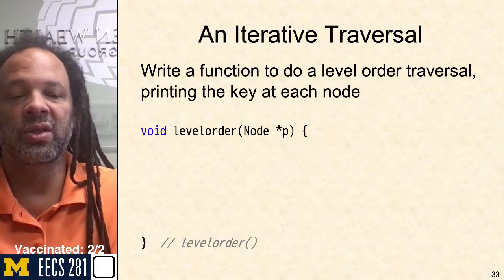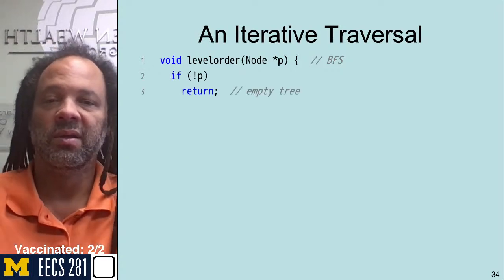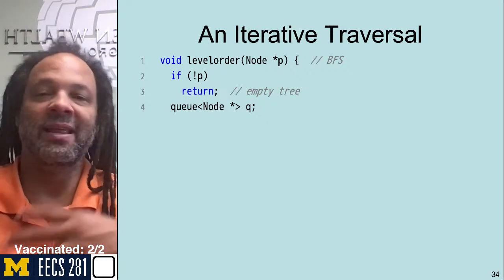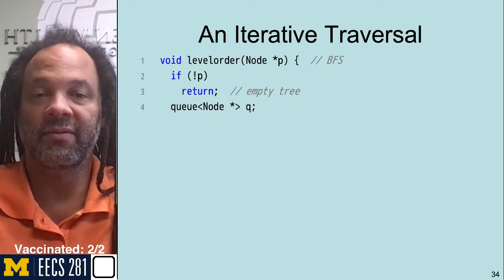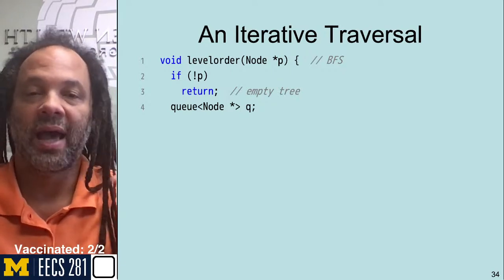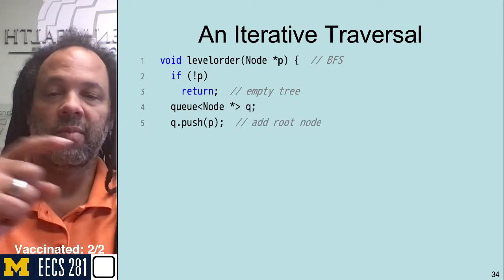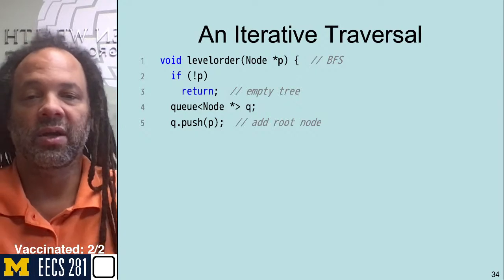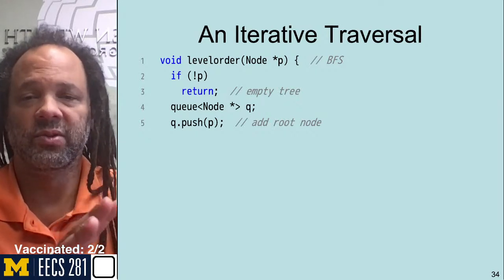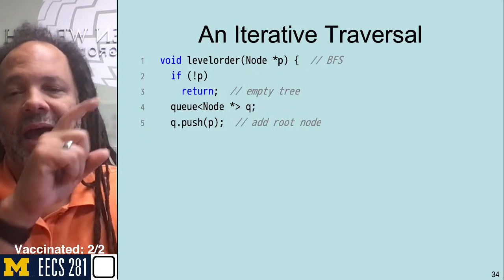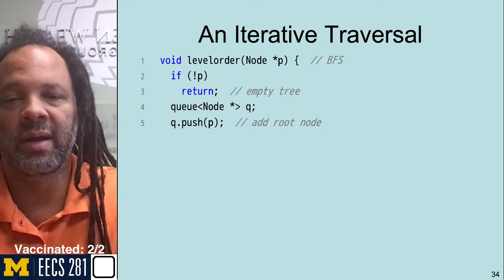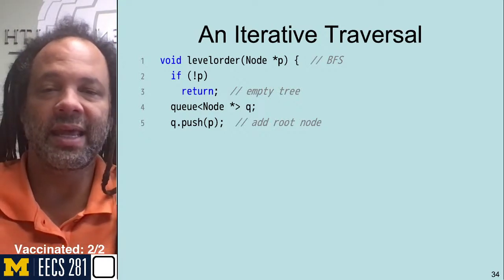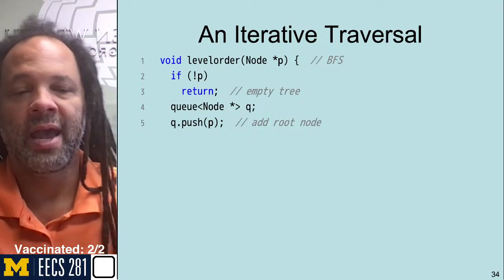But then all we have to do is push in the root, and as I pull the root out, if there's anything that is adjacent to it, this is of course going to be a left child and a right child. If those two exist, I push them back in the container. So I'll start by seeding the root node. This is a recursive function, so level order is going to call, it's not a recursive function, I take that back, this is an iterative traversal. So there's no calls to level order. I've got this null pointer protection though to make sure that I'm done when I'm done, and nobody slips me an empty tree. But I'm going to take that root and stick it into this queue,